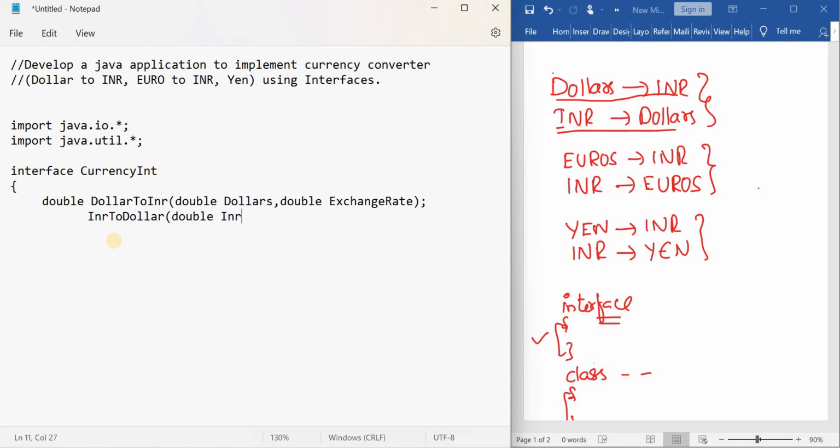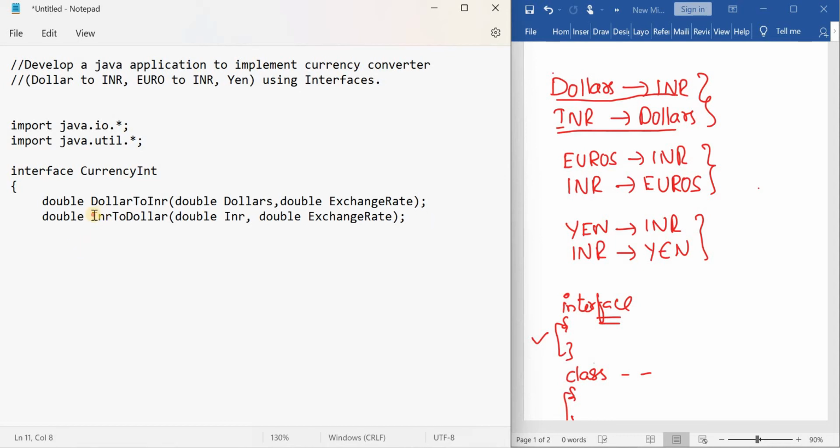How many rupees we want to convert into dollars? That is the first input what we have to give, and of course we have to give the exchange rate value also. Okay, so exchangeRate, and it is also returning a double type.